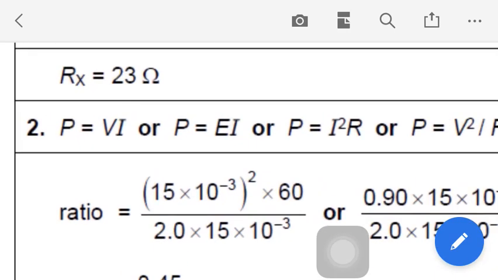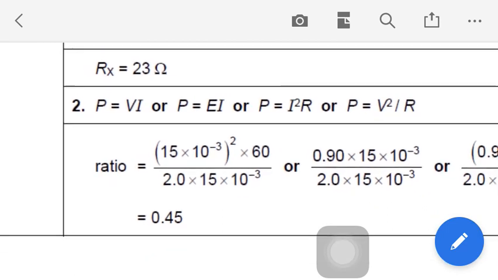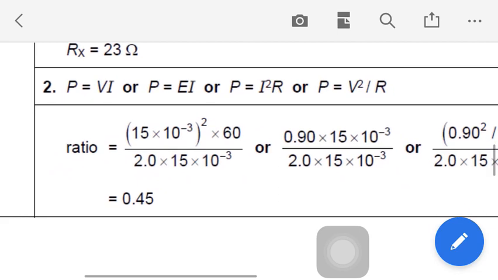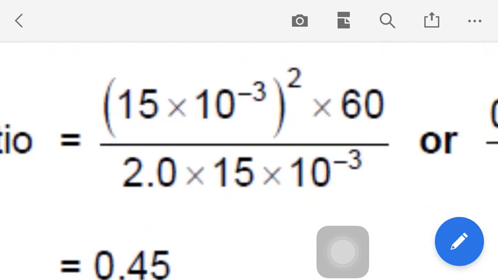you can see here there are 3 equations possible. P = VI. Don't be worried, P = EI is for the battery. The voltage, sometimes we refer to it as the EMF E, so instead of V they use the symbol E as well, but otherwise it's basically the voltage of the battery. P = I squared R or P = V squared by R, all are possible. So here they are using P = VI for the battery,